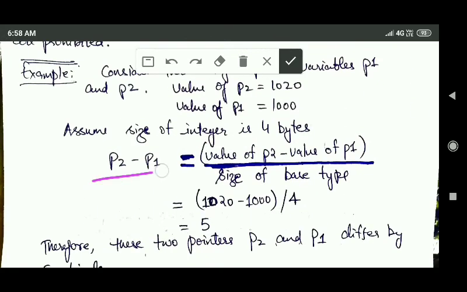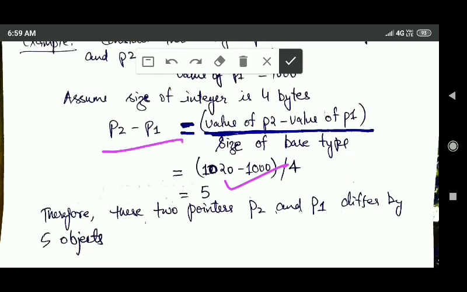So P2 - P1 will be equal to (value of P2 - value of P1) divided by the size of the base type. Here the base type is integer, so the size of the base type is 4 bytes. So this expression will be equal to (1020 - 1000) / 4, which is 5. So P2 - P1, in this case, will be equal to 5. Therefore these two pointers P2 and P1 differ by 5 objects.